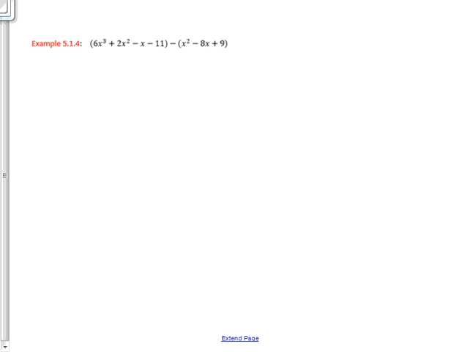All right, so this next one is a subtracting one. If you are subtracting, what you have to do is take that negative and distribute it throughout there. So don't be lazy. Rewrite your first one. So it's 6x cubed plus 2x squared minus x minus 11. Now if we distribute that negative, we'd get a negative x squared, a positive 8x, and a negative